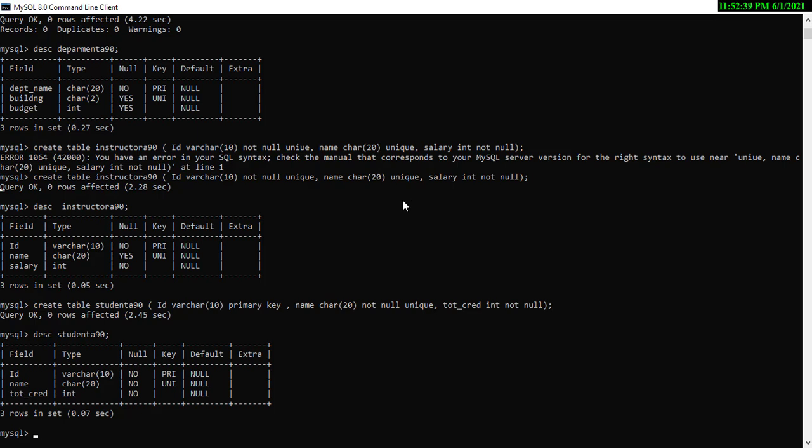That is very important. So now I am going to utilize student ID here, which is already a primary key, and use it as a foreign key in... sorry, I can do one thing. I can use department name as a foreign key in the instructor table, or the student table for that matter. So I am going to utilize the alter table statement.